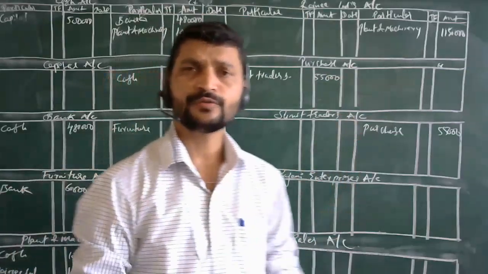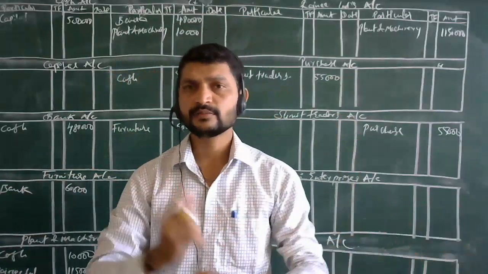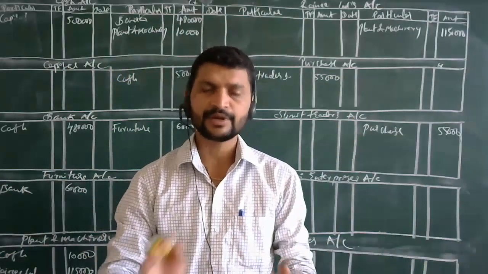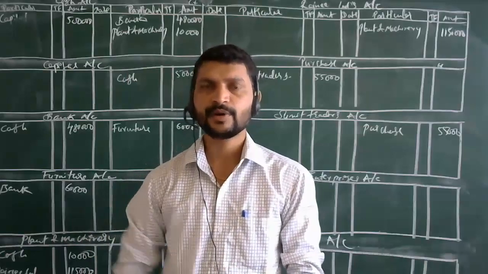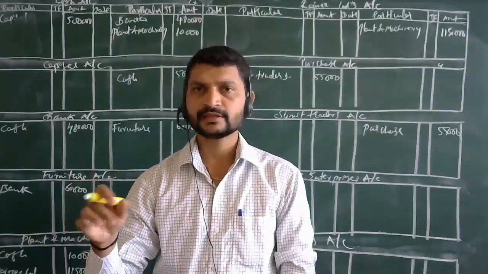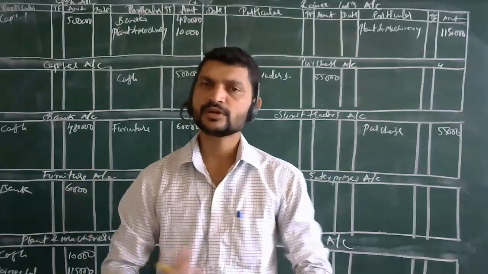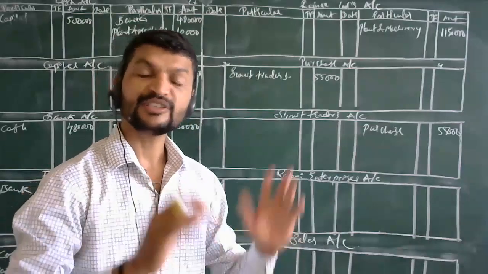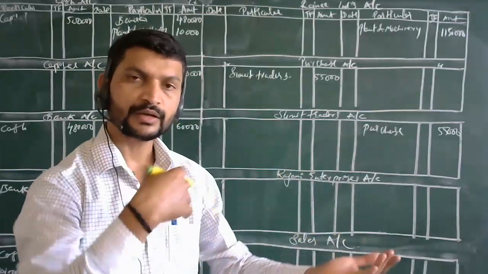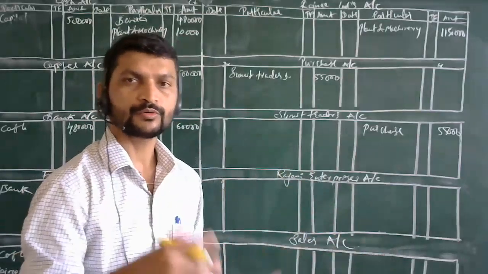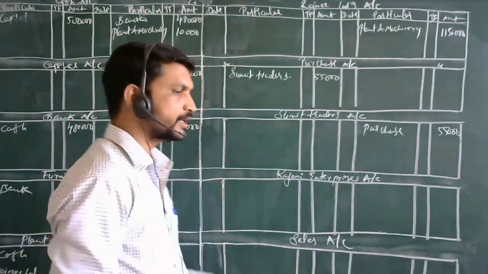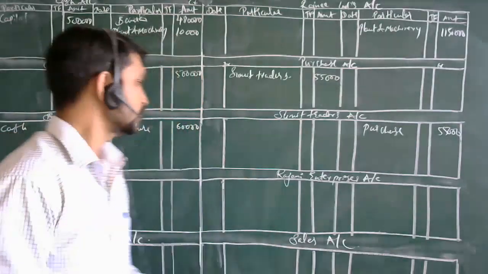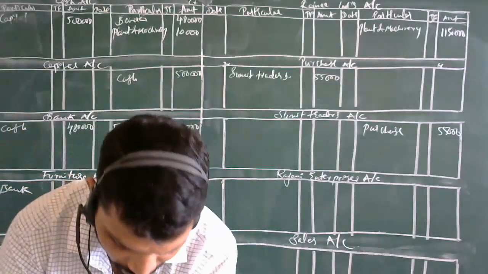Now in the previous session also we came across temporary and permanent accounts. In permanent accounts you are going to see all the assets, liabilities and capital. In temporary accounts, the remaining part: revenue, gains, losses and expenses. That is what is temporary. Profits, whatever you are going to receive, obviously they will be temporary. That will not be the same every time. It will be more or less, whatever the profits are, that is what we call a temporary account. Okay, so till here got over. Then what is the next entry over here?